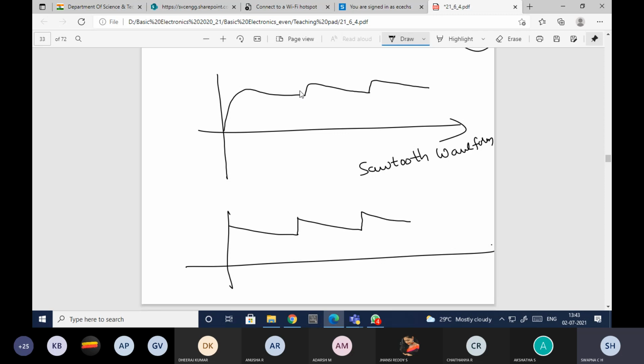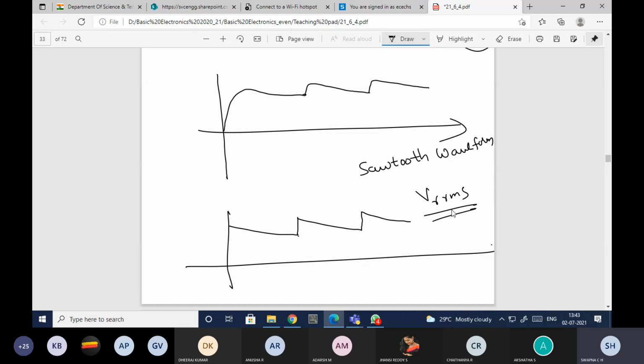It's not exactly the same, but anyway the charging time is very less. Since the charging time is very less, I have neglected the charging time and taken a straight line there. So this looks like the sawtooth waveform. For this sawtooth, this is nothing but the ripple, and for this ripple I need to find the VR RMS value.